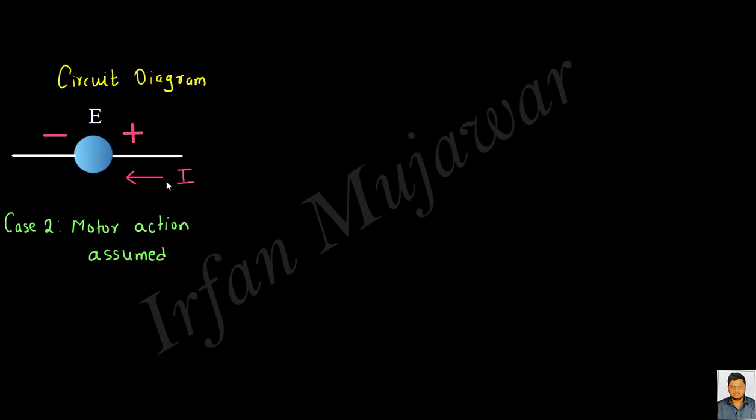Now consider the next case, motor convention. If I assume that current is flowing into the positive terminal at that particular instant, then we are assuming it as a motor. Now again we need to calculate complex power, which is given by S is equal to E into I conjugate. After solving this, we will get the real term as active power, and the imaginary term as the reactive power. Now, like the previous case, here also 4 conclusions we can draw. First conclusion is that if P is positive in this case, it means we are assuming the motor action and it is really absorbing the power.